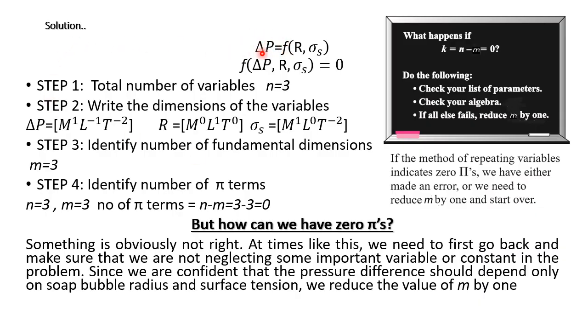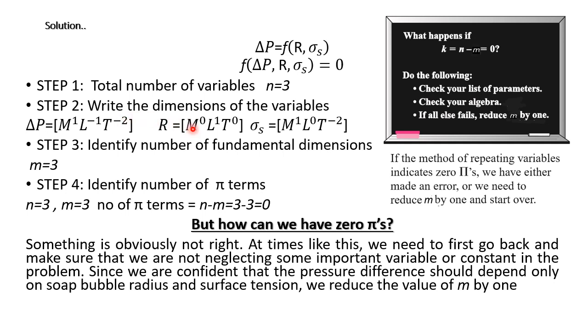So delta P is a dependent variable, and radius and surface tension are independent variables. So the total number of variables is 3, n is equal to 3. Let us write the dimensions of all the three variables. So pressure, its dimension is M^1 L^-1 T^-2, and